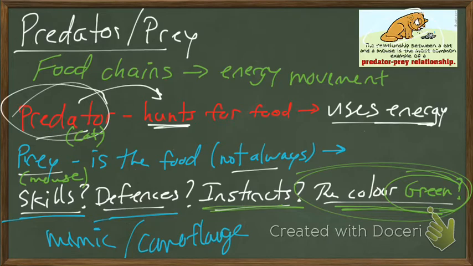Certain birds, certain butterflies, like the monarch butterfly, only consume a certain type of milkweed, and that milkweed is actually poisonous. So if an organism were to eat the monarch butterfly, they would actually ingest that poison as well. That's another one of those defenses that we don't think about on a day-to-day basis, but they use that to live, to survive.